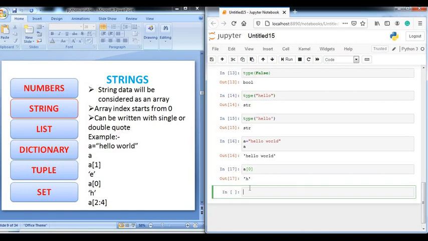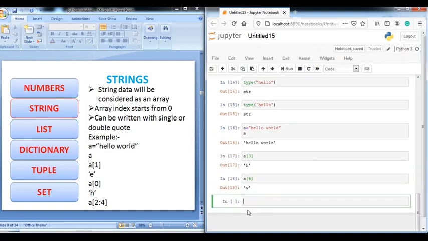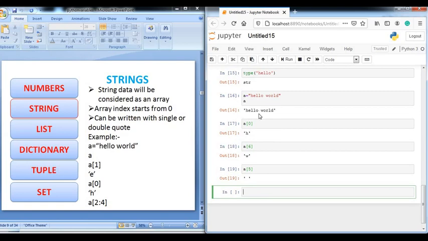Then if you want another value, simply write a6, indexing starts from 0, so it will print w, at 0, 1, 2, 3, 4, 5 is space. See, if I print a5, what it shows is simply blank, that means there is a space at the 5th location.